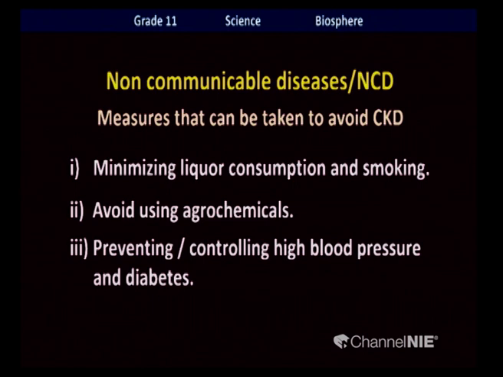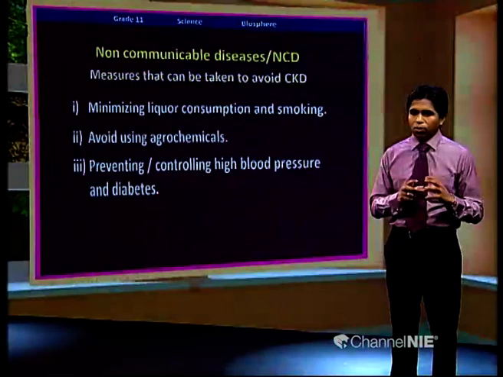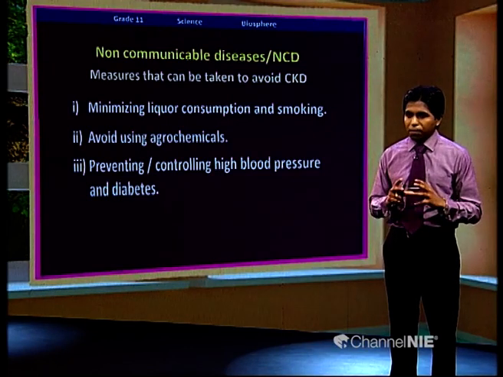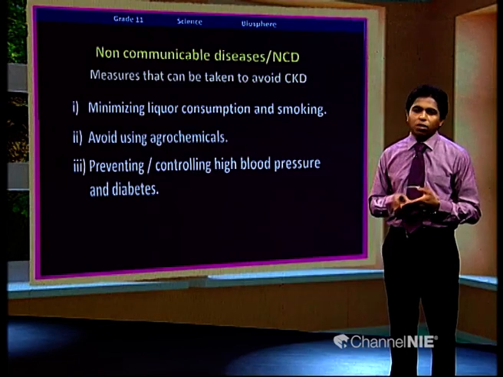Diabetes and high blood pressure can directly affect the functioning of your kidney. Therefore, if someone has high blood pressure or diabetes, it should be controlled with the doctor's advice. Otherwise, one day your kidney will not function. Then you have to transplant your kidney, because we have 2 kidneys, and we can live with 1 kidney, but only until 15% function. If the kidney function decreases below 15, either we have to transplant the kidney or undergo dialysis. That is very expensive.